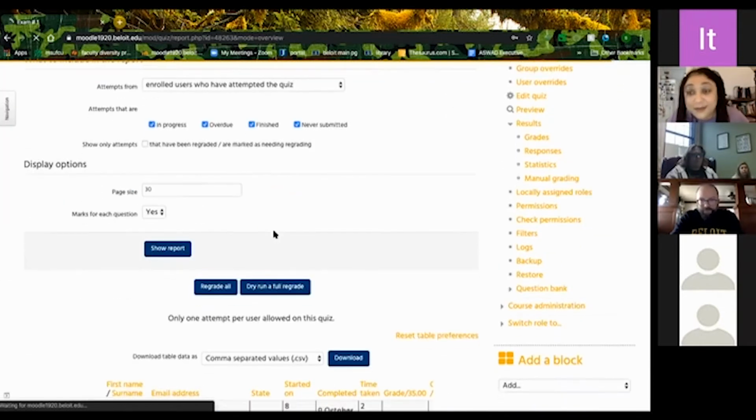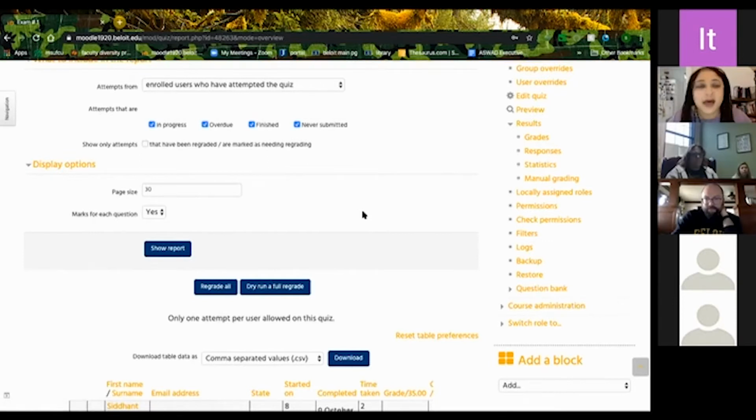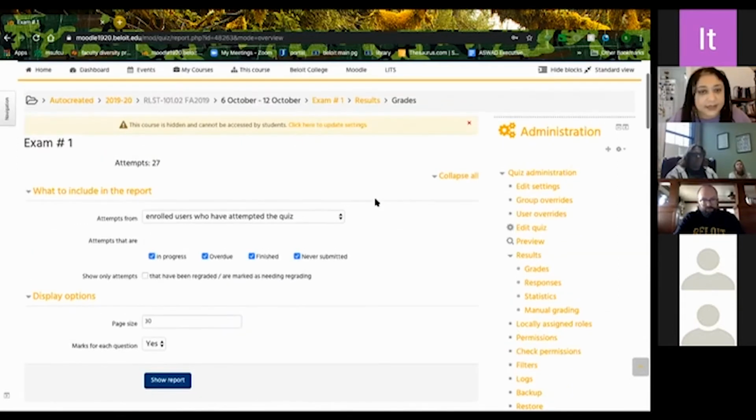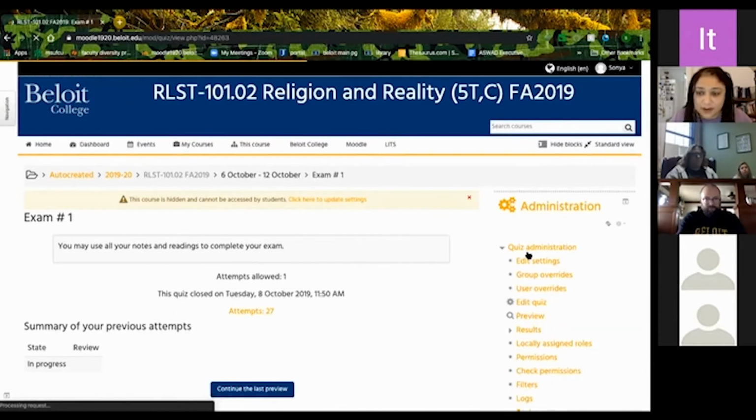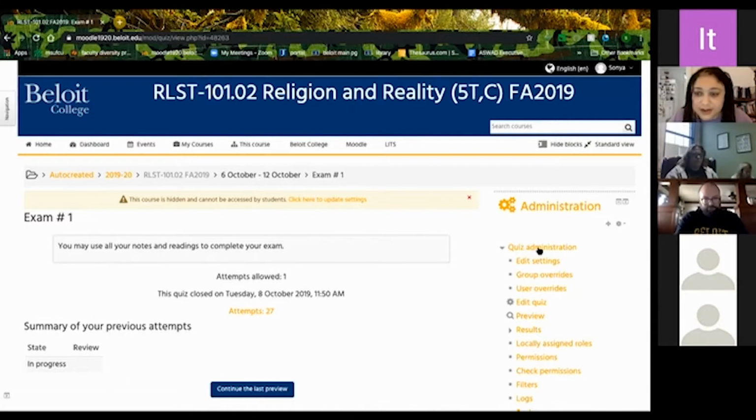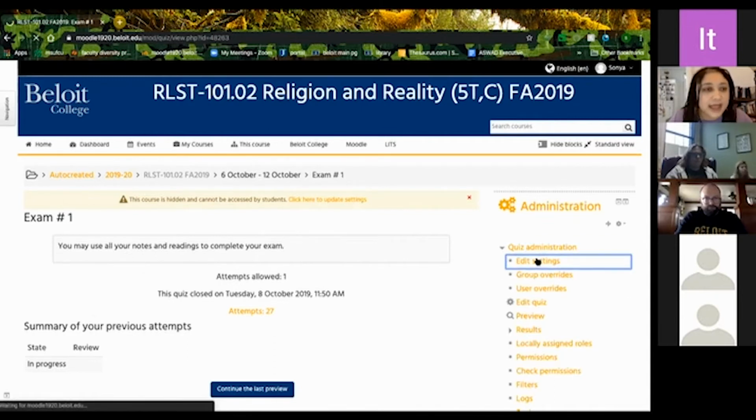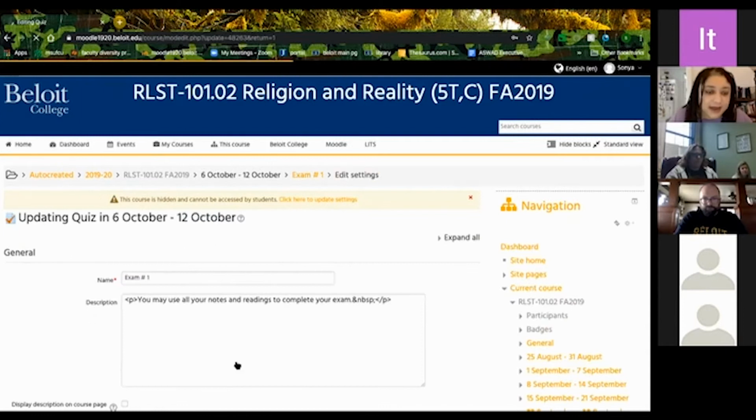Can I interrupt real quickly again? Please go ahead. Kate is asking, can students go back to a previous page, or are they restricted to one question at a time without having to go back? Yeah, excellent. So inside of the setup, let me just go there. Inside of the setup of the exam, or of the quiz, in the edit settings, when I selected free navigation,